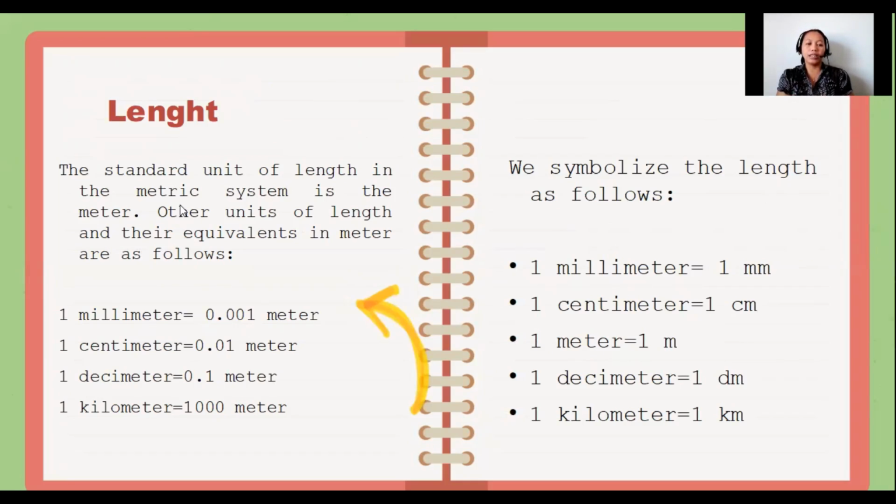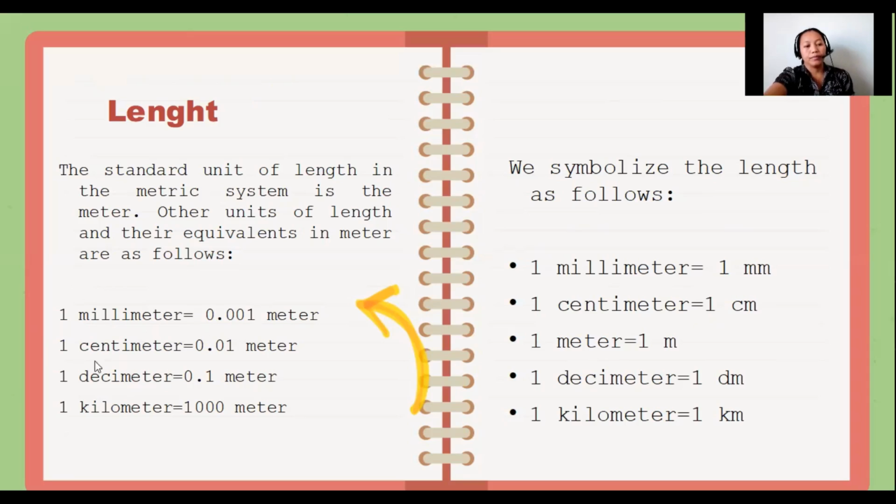Again, since it is in milli, which means the exponent is -3, when we convert this milli into meter, from this decimal place, 1.0, you have to move 3 decimal places to the left to convert it in meters. So 1, 2, 3. So therefore, 1 millimeter is equivalent to 0.001